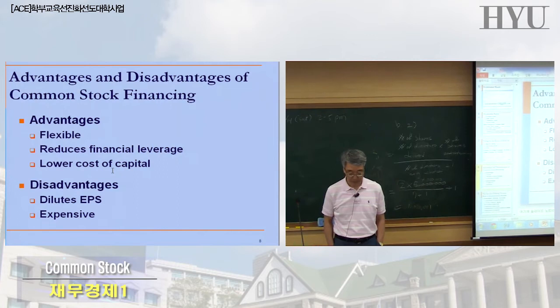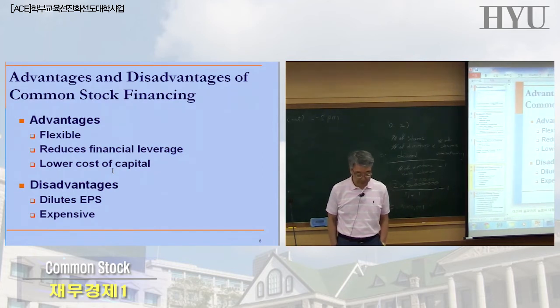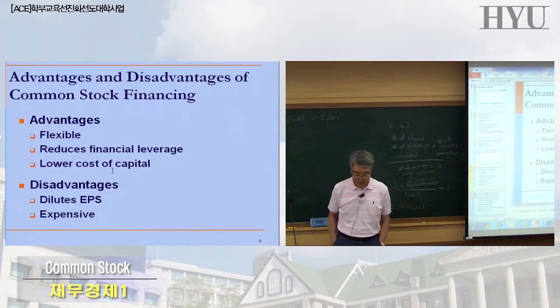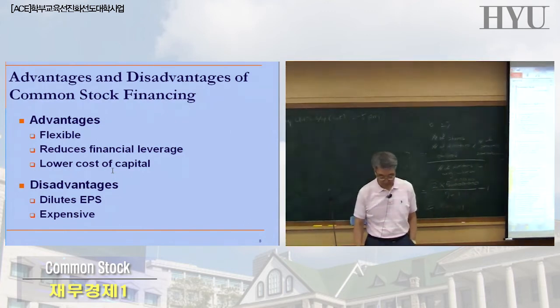You don't have to increase interest payments on your management, okay? And then lower cost of capital. Again, the same idea. There is no debt servicing cost while you raise the capital, so the cost is lower compared to the debt